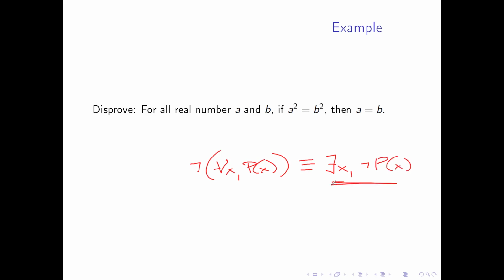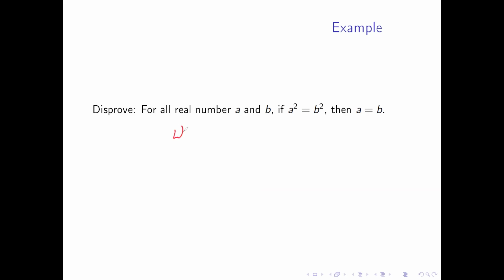So we just did a constructive proof for there exists. If I want to show this is not true, all I need is one counterexample, meaning one thing that breaks it. So let's look at this specific thing that I want to disprove. All I need to find is some a, b, which are real numbers, so they're not necessarily integers, such that a squared equals b squared